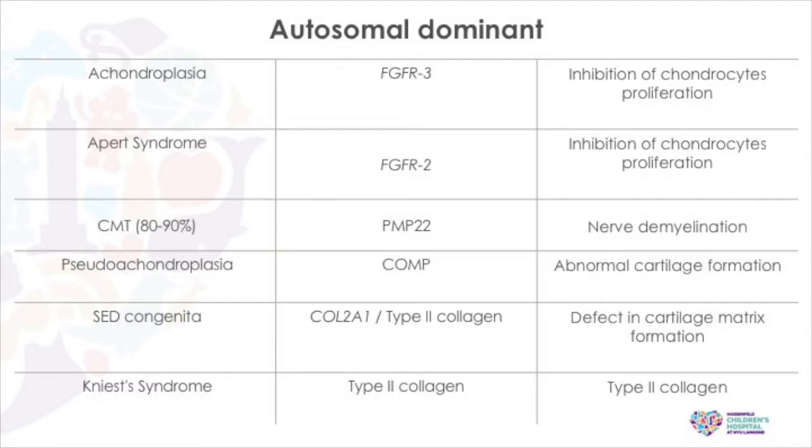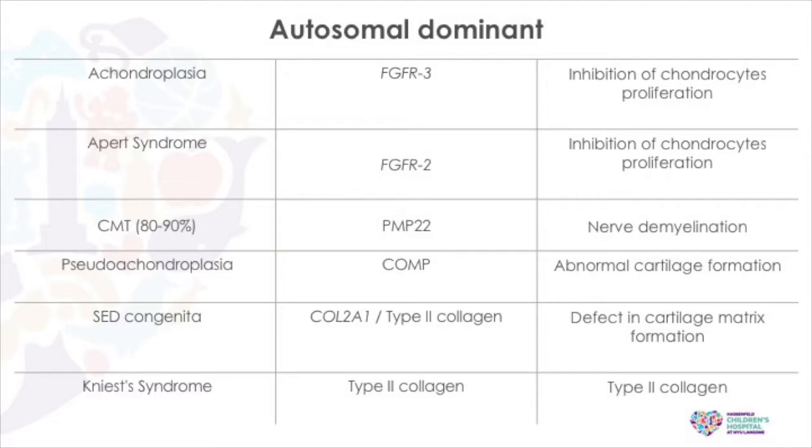First, we will start with autosomal dominant. Achondroplasia is by far the most common skeletal dysplasia, caused by a G380R mutation of the fibroblast growth factor receptor 3 on the short arm of chromosome 4. It results in an inhibition of chondrocytic proliferation. Apert syndrome is a similar gene, however it is the fibroblast growth factor receptor 2 that causes the inhibition of